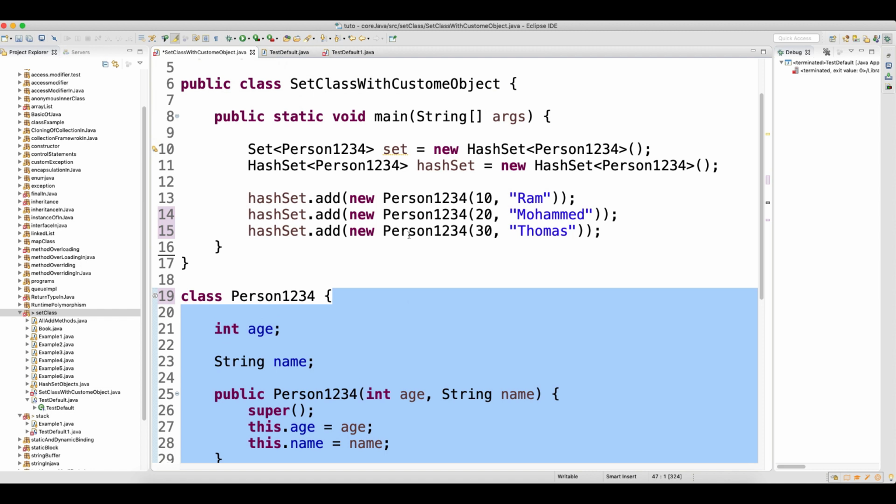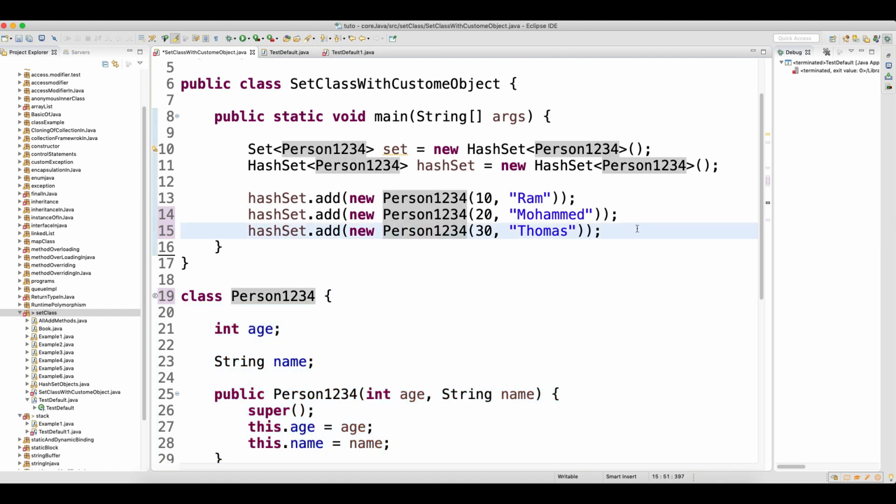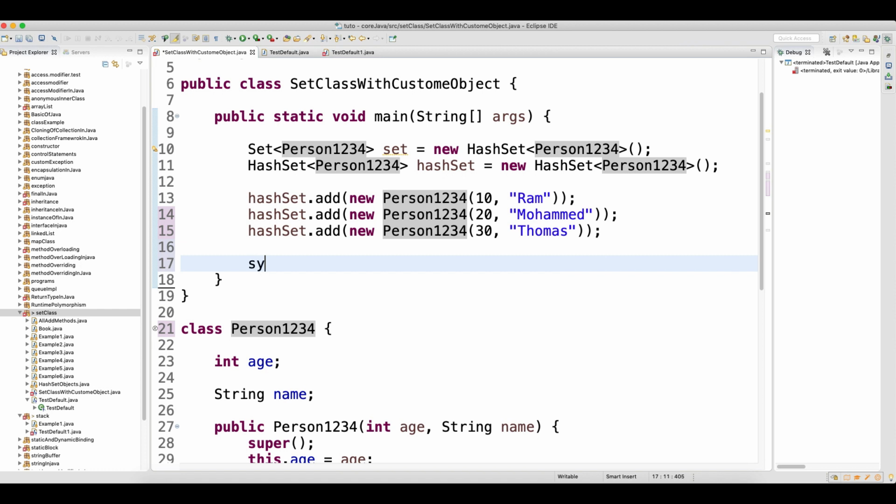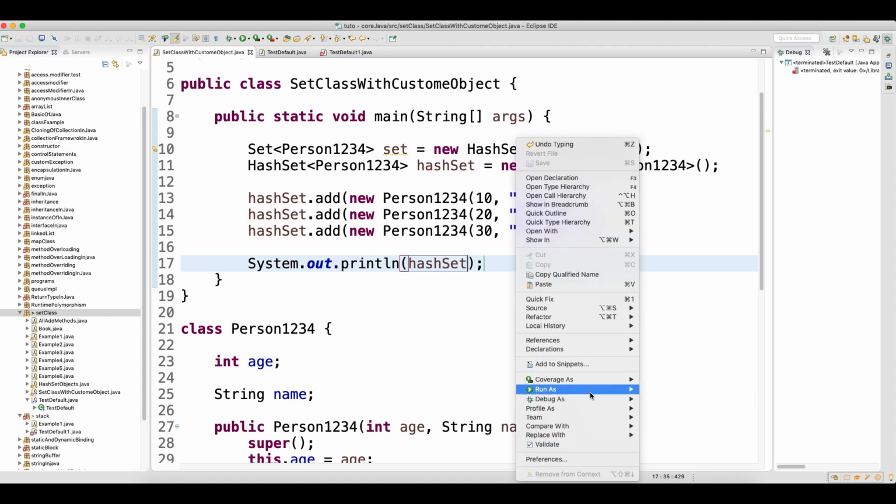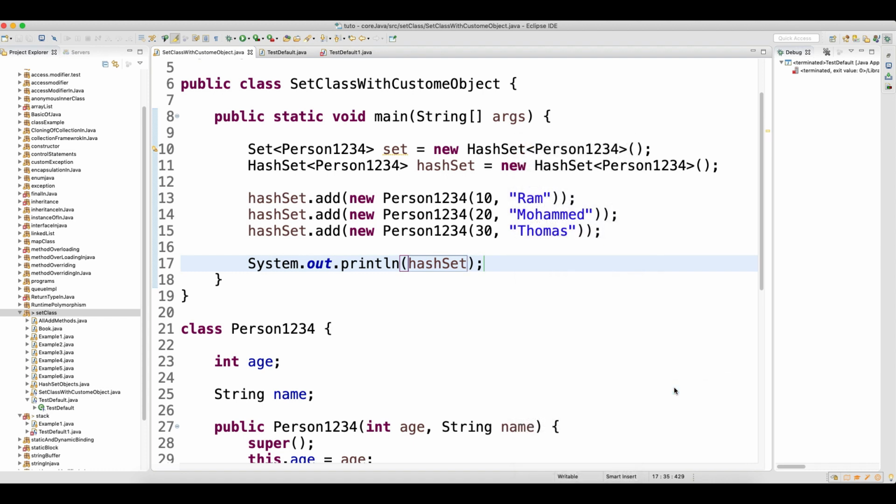Now, since I have added a custom object in my hash set, if I print this, what will happen? If you look at the previous example, when I was printing the object, the toString method is overridden in your hash set. So if your hash set has data of a primitive type or the String class, it will print the data, because the toString method will get called and print the data.